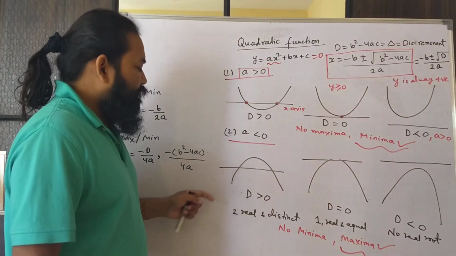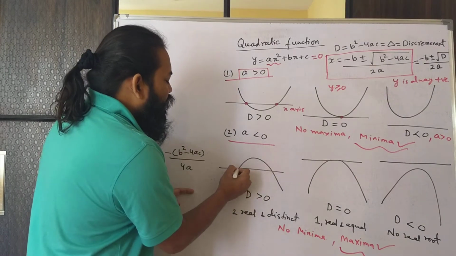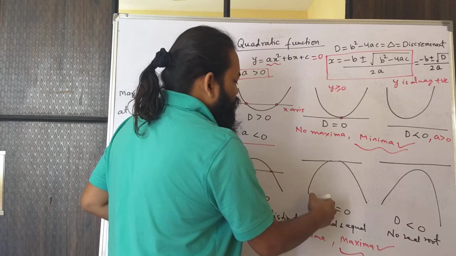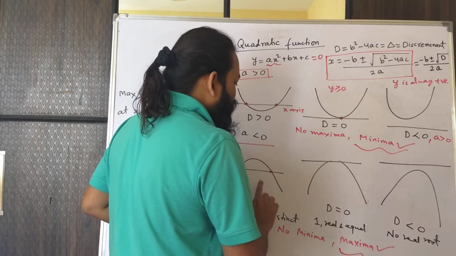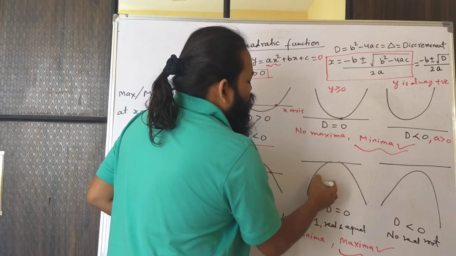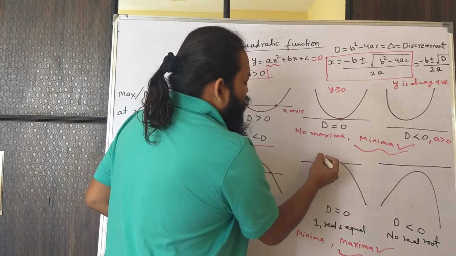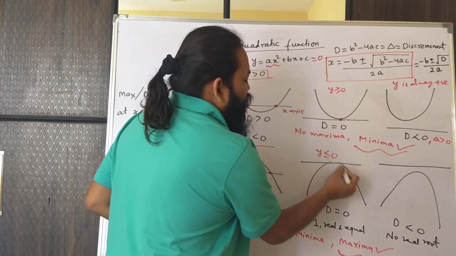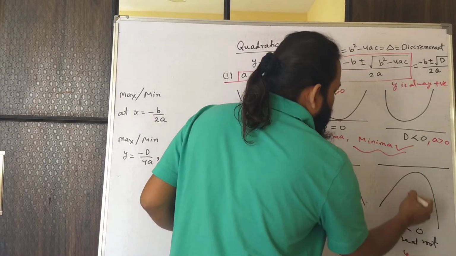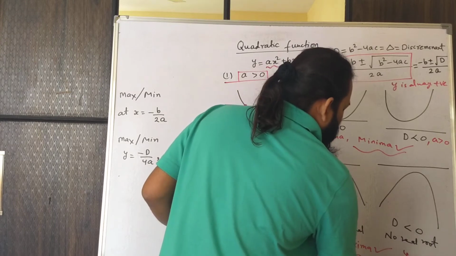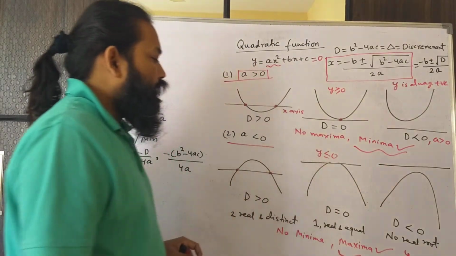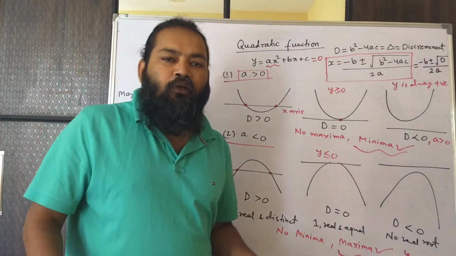Okay. Now let's come here. If a is negative, again you can see there are two real roots, so it will cut at 2 points, if D is positive and a is negative. If D is 0 and a is negative, there is one real root, or rather two real and equal roots. In this case y is either less than or equal to 0, and in this case y is always less than 0, when a is less than 0 and D is also less than 0. So these are 6 possibilities, there is no other possibility, right?